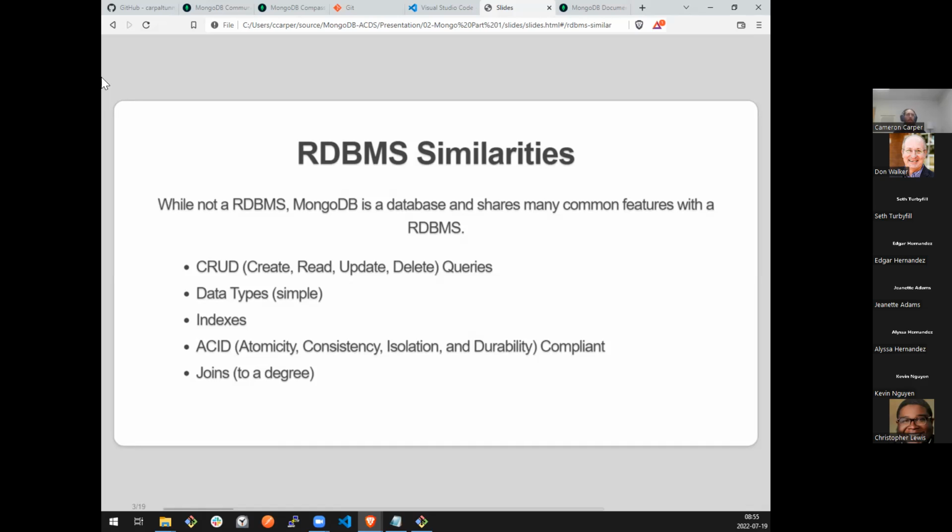We have an entire lesson on indexes. So, a brief intro just to say that similar to relational databases, we can do indexes there. We can do them in Mongo as well. And just like with the relational, they are very important, especially when you start getting your data at scale and choosing the correct fields to index and how to index them to make sure that your queries against it are as fast as possible.